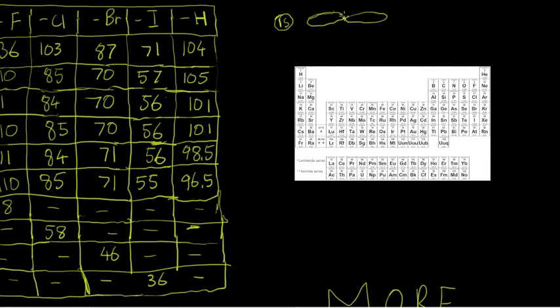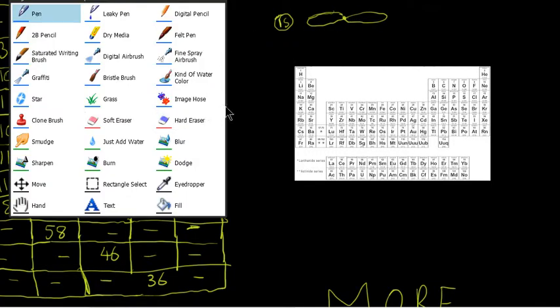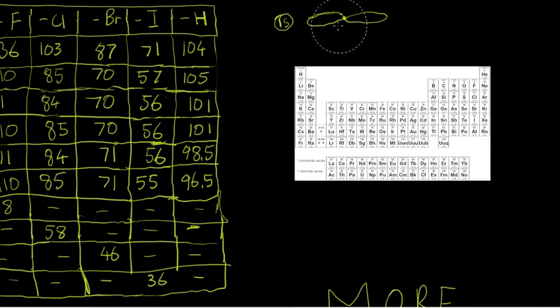And really, the closer in size two things are, the more easily they'll be able to overlap. So let's say, draw this a little bit smaller here. Something like this would be